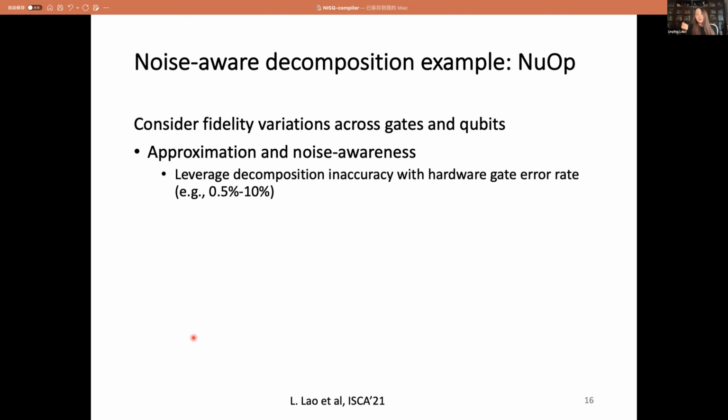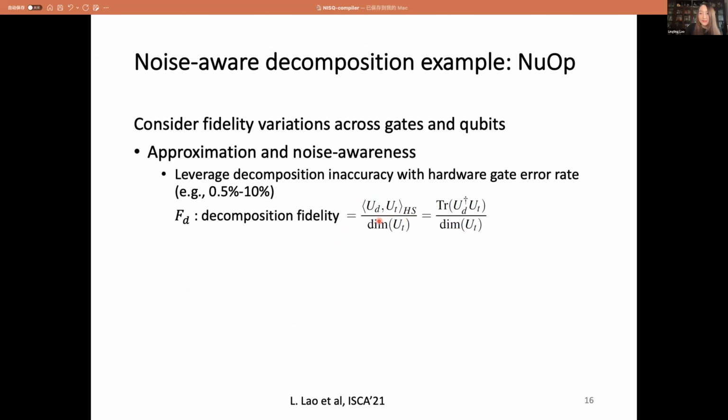So with multiple 2-qubit gates available, we can use a noise-aware decomposition. It considers the gate fidelity variations across gates and also qubits. So here, assume we want to implement a target unitary UT, so we need to decompose this. And the decomposed unitary could be the UD. And we define the decomposition fidelity by the Hilbert-Schmidt inner product.